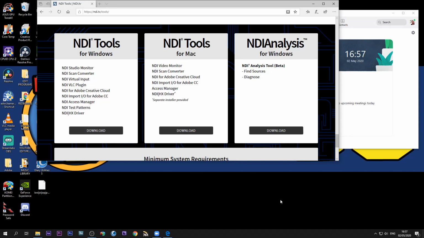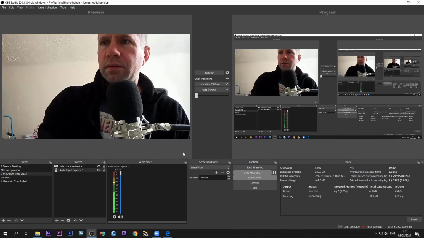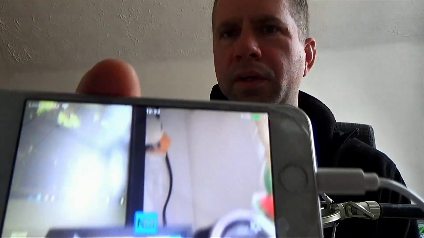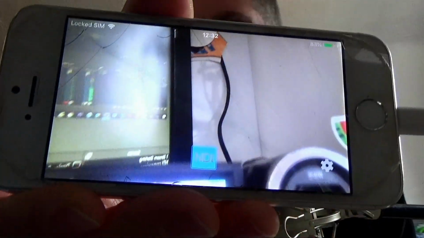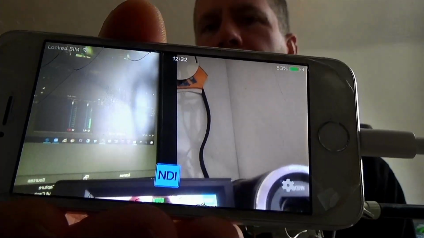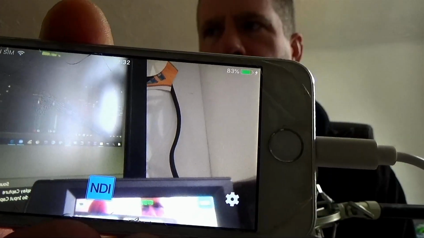Okay, so what we're going to do, we're going to switch our NDI on, and just to prove it, I'm going to hold up the iPhone so you can actually see it. Come back to here. Oh, that's an email coming in. All right, so here's my iPhone here, and there you can see it's got the NDI app running, and the blue, if you like, box at the bottom is saying that it's transmitting. Now you have to have the transmission of your phone and your computer on the same network. Now it doesn't have to be necessarily both on wireless. Your computer can be hardwired and it should still work, right? So if we come back to our desktop,